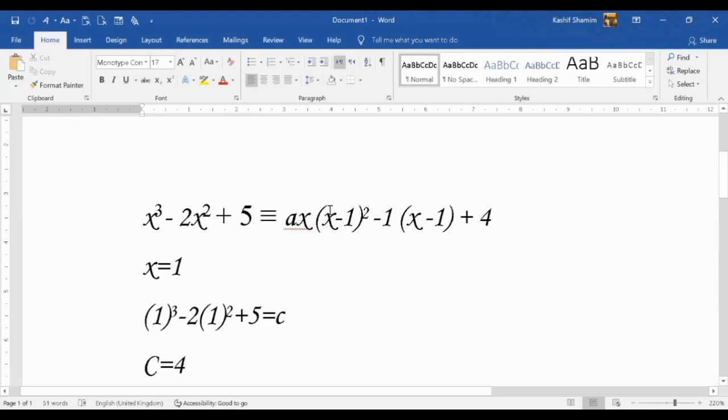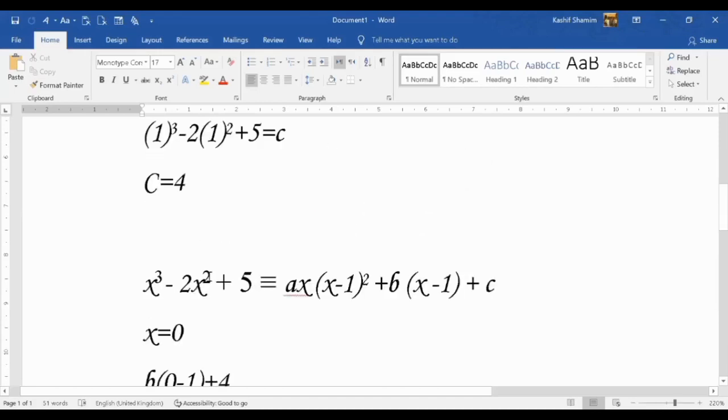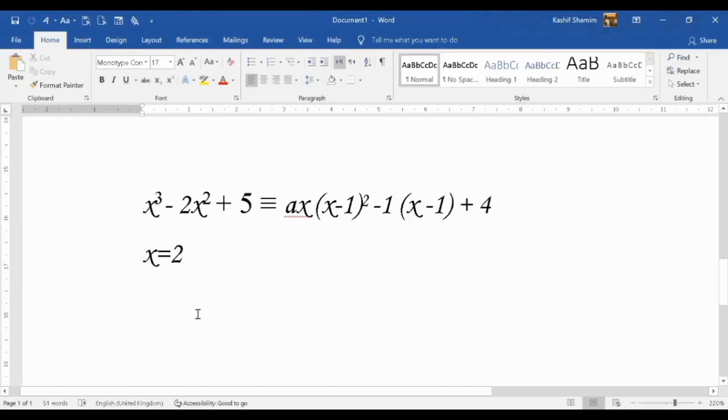The question will always mention that this whole equation is satisfying every value of x. No matter what we put for x, if we take x as 1 or 0 or 2, we will get the correct answer. So, when we take x as 2, this becomes 2a multiplied by